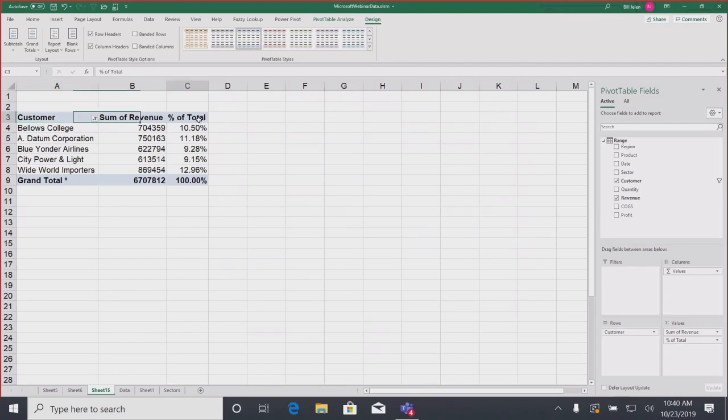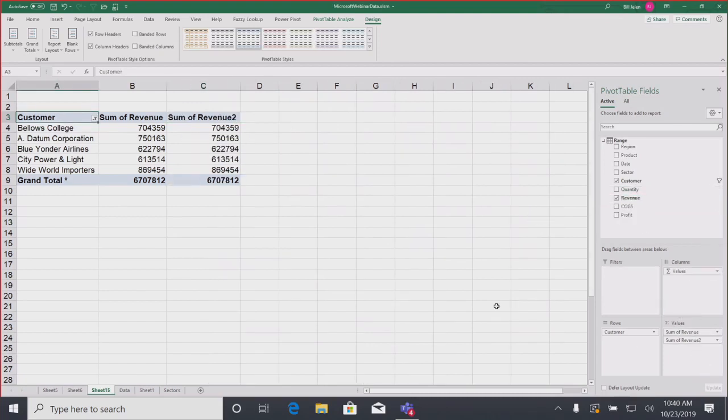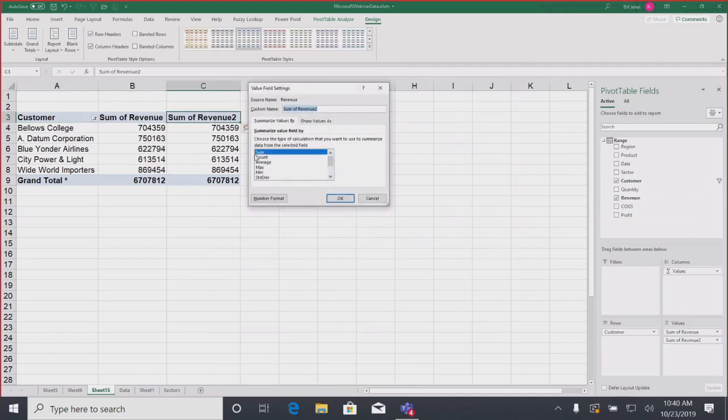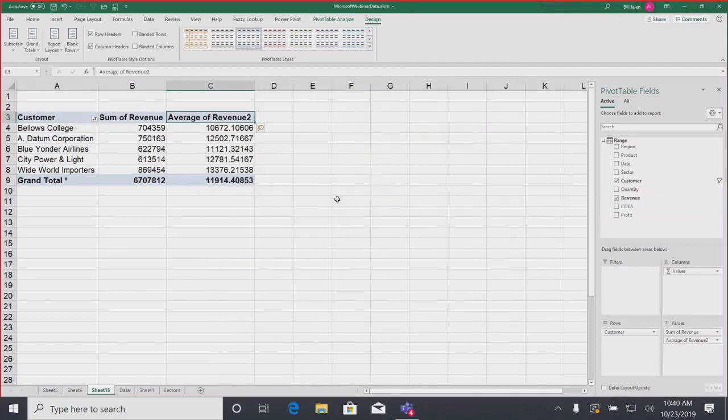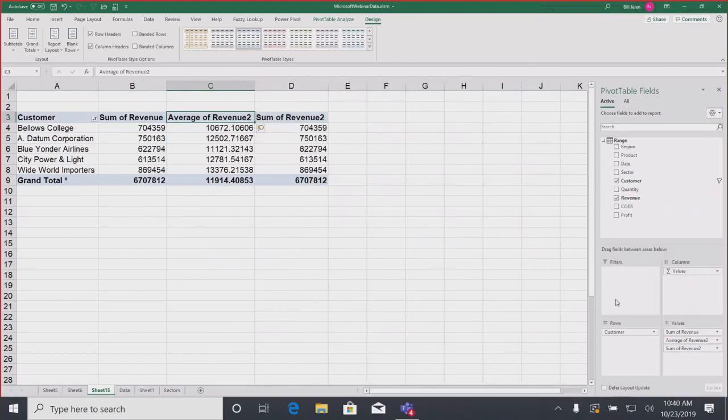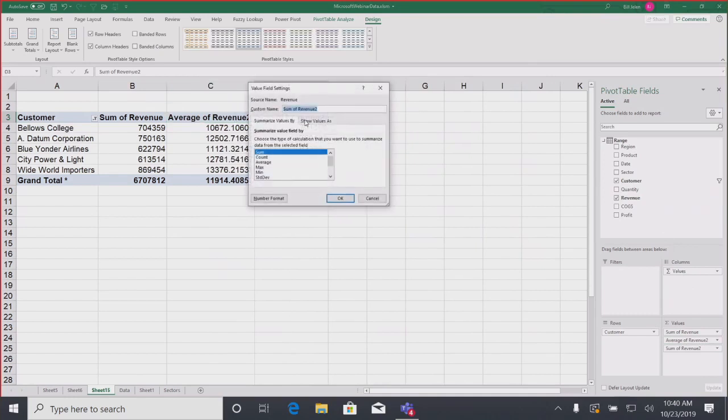All right, now here's one more. Let's take that total field out, and I'd like to replace it with an average. Well, that's super easy to do. I just double click there and choose average. All right, but then my manager says, all right, now replace it with a median. A median? Can't do medians. There is no choice for median here. If I come here and go to show values as or summarize values by, there is no median in the list, right? Can't do it.